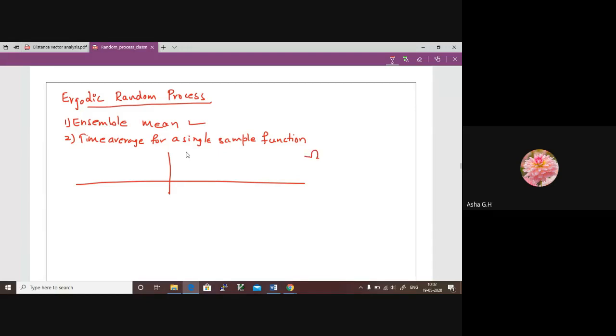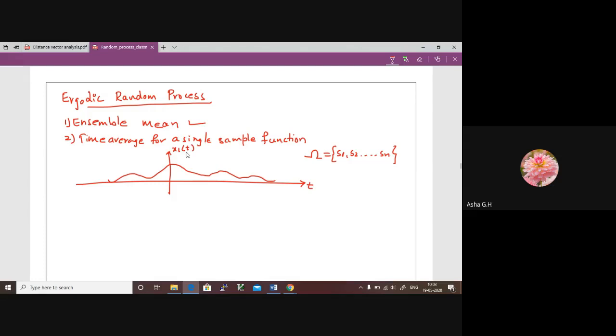If I say this is my sample space and I have various sample points like S1, S2, Sn. Now all these sample points will have different random variables at different times. Let us call x1 of t the associated random value for sample point S1 at various different times. Maybe the value of this random variable is something like this. If I assume some random value x1 of t, it is the random process that is associated with a single sample point S1 of this sample space.